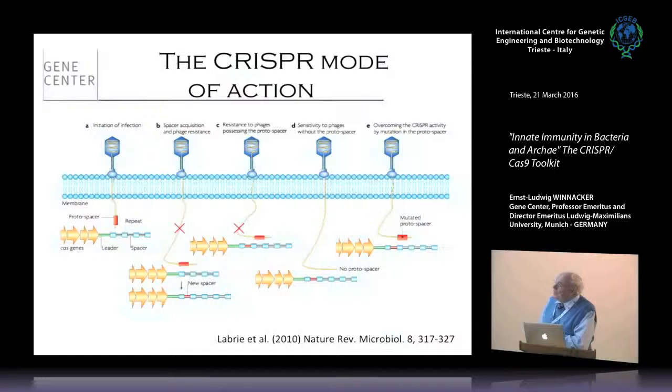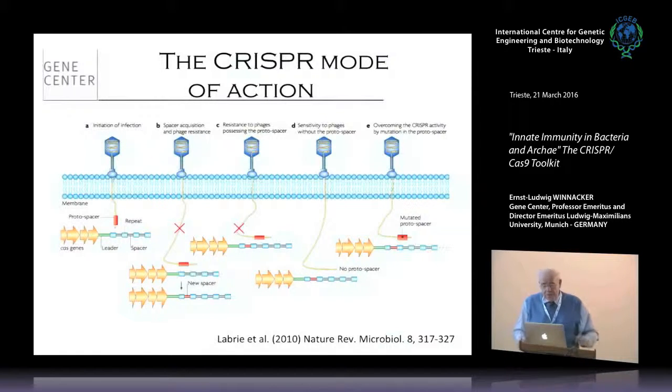You know, this piece ends up suddenly in the genome of the bacteria, and then in the next step, we will see how it works with nuclease and so on. Because this piece is present here, it can destroy any incoming phage DNA which contains the same sequence, the same spacer sequence, which has been taken up here. And if there are no protospacer sequences, then the phage can infect and kill the bacteria.